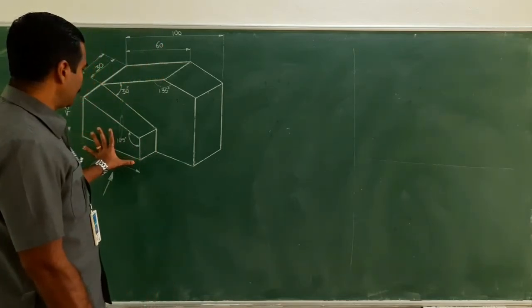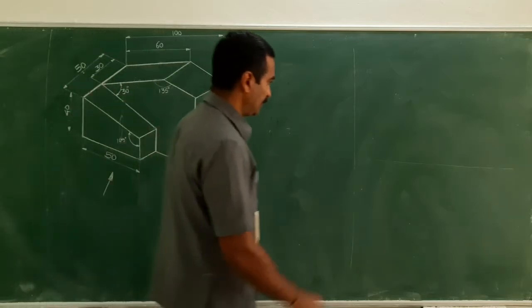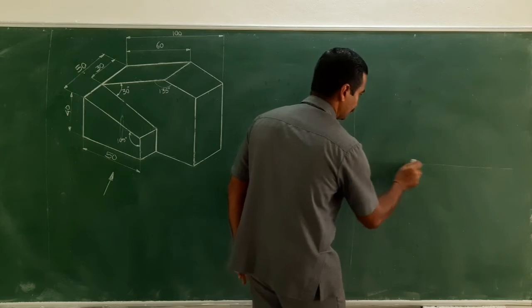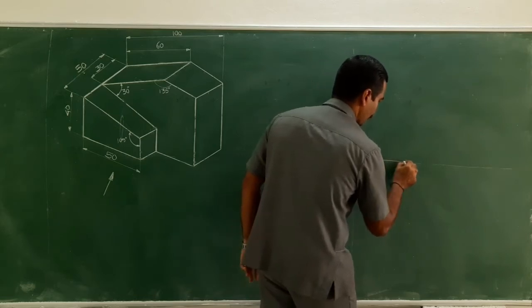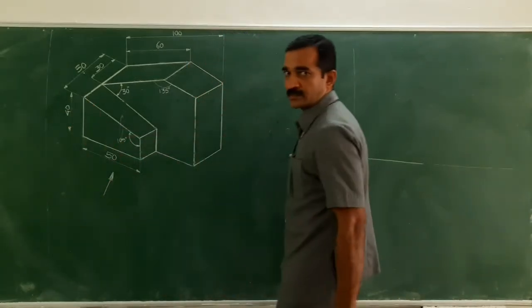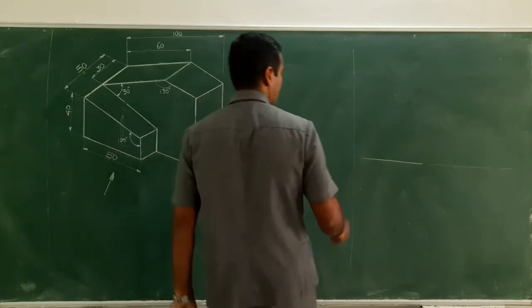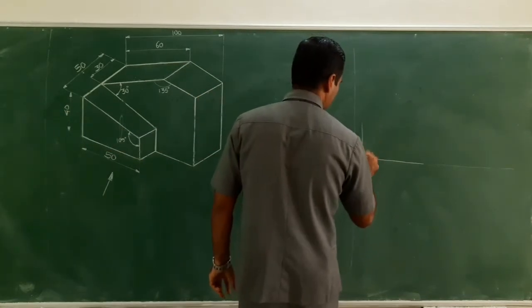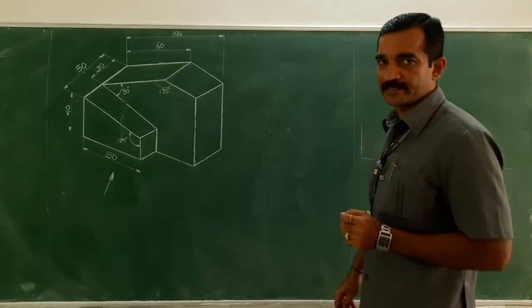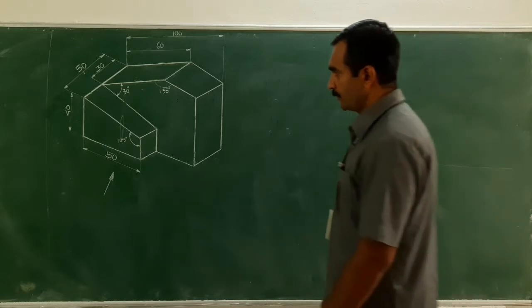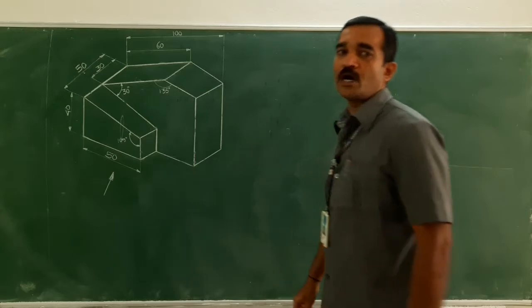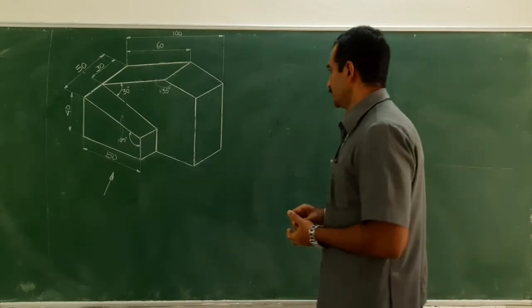Let me start with this horizontal line as 50. Starting from here, let me draw 50. This 50 I have drawn, and the height of this portion is 40. Take 40 mm because this is freehand sketching only, so you should not use anything other than pencil and eraser, right? So 40. Now I need to draw the slope, whereas this height is not given. How can this be done? Right. There is a method.